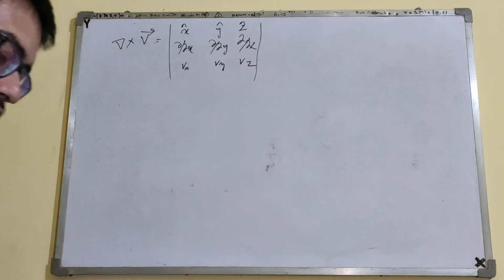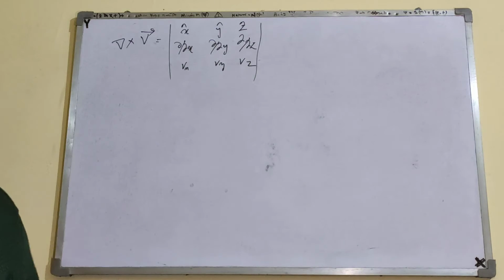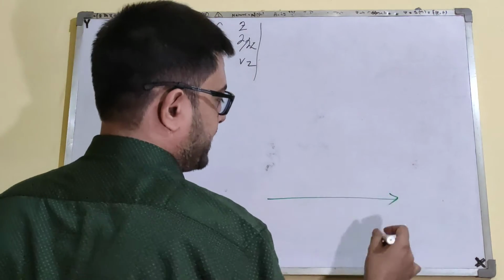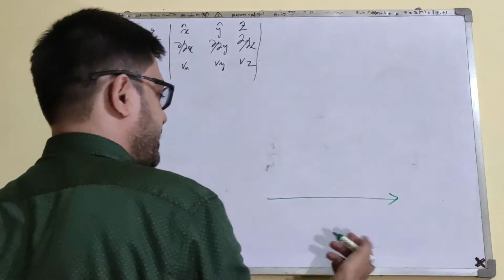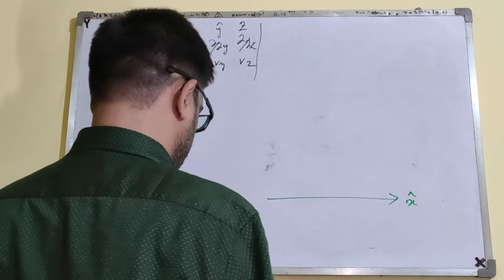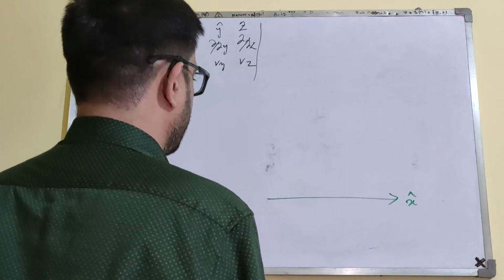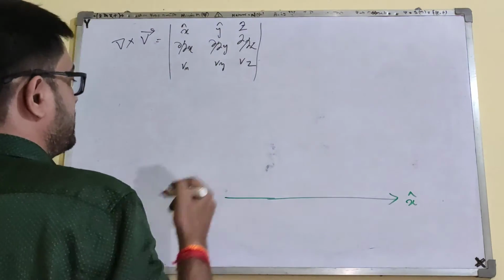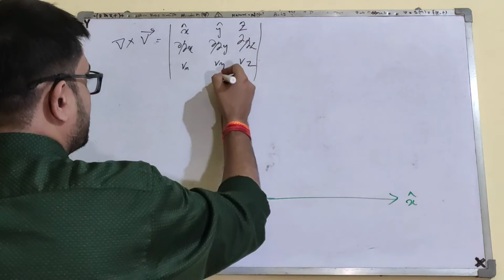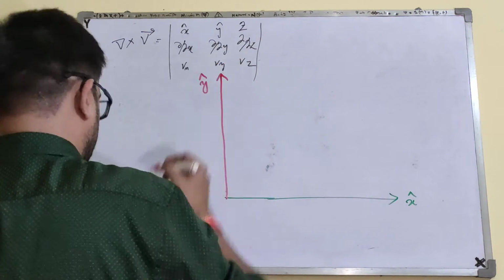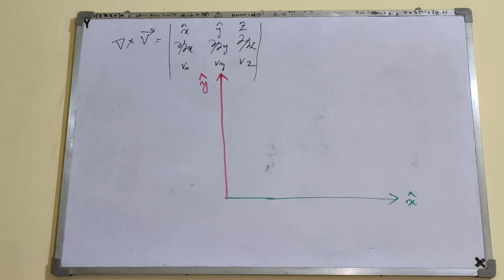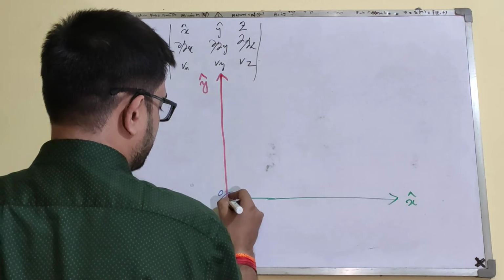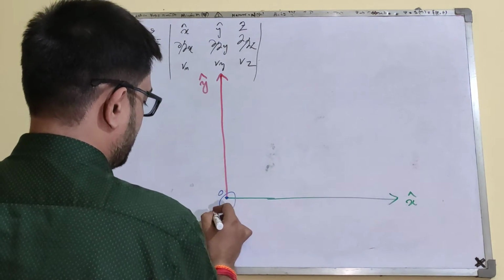So first of all, let us just draw. I have the x-axis. I'm explaining the curl now in the xy plane. So this is the x-axis. Let me make it a little bit larger. And here, this is my y-axis. And then I'll have my z-axis. This is point O, so the z-axis will be like this. It is coming up towards me.